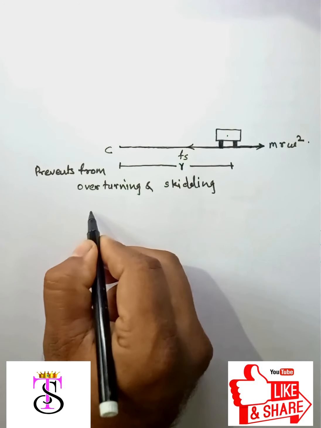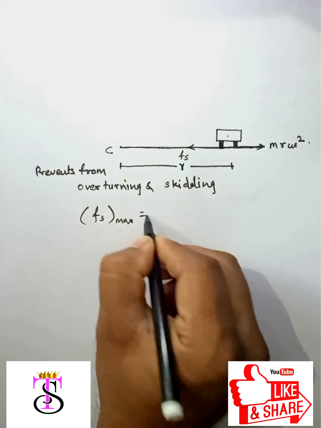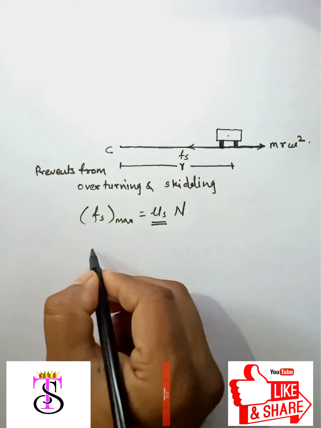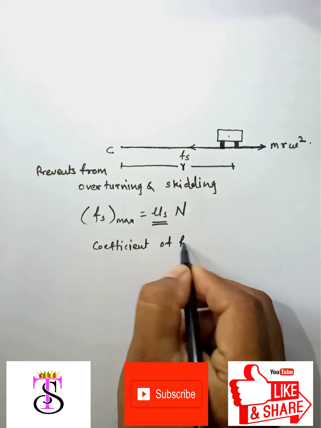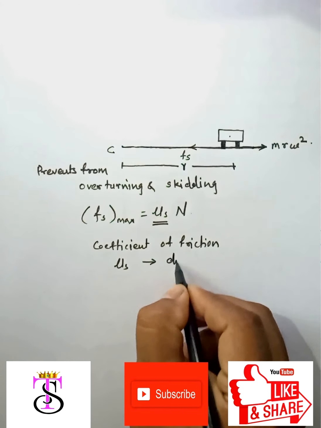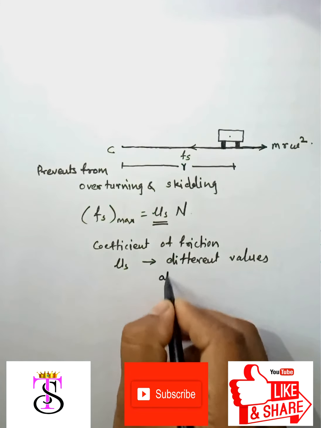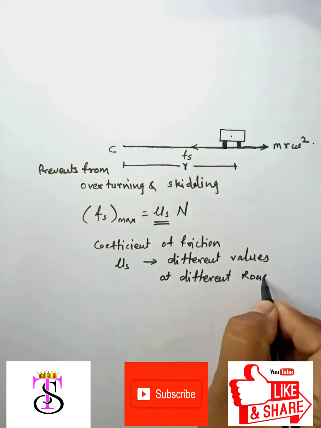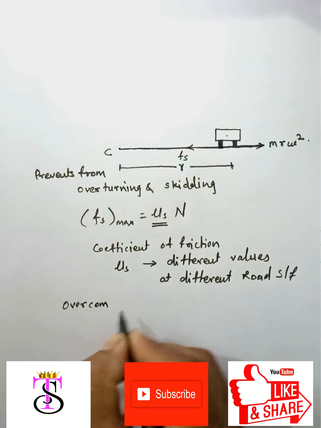Also, we have seen that this force of static friction has the maximum value mu s into n. This coefficient of friction mu s has different values at different road surfaces. To overcome this drawback